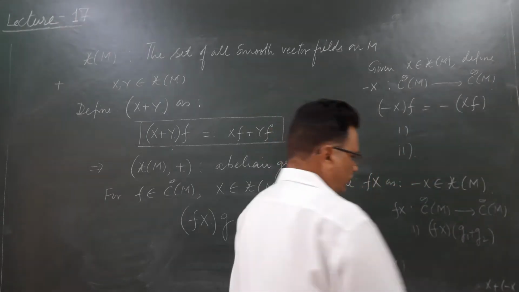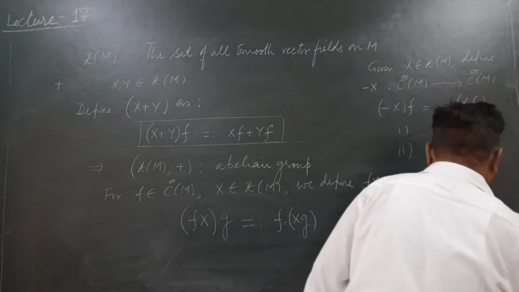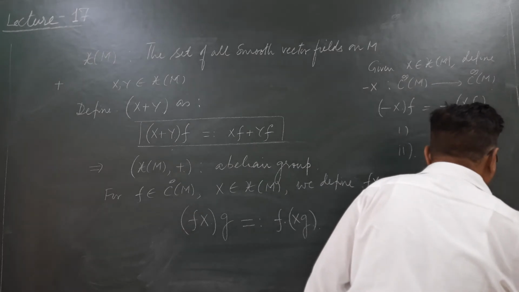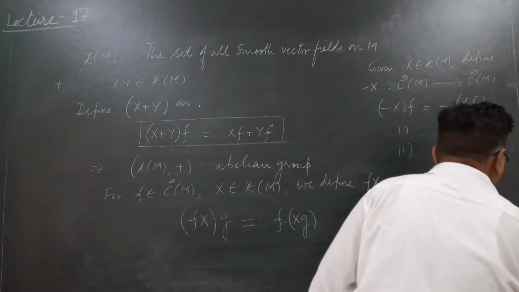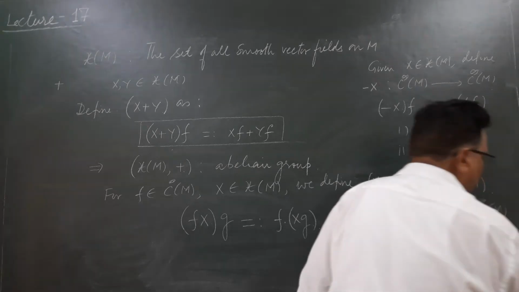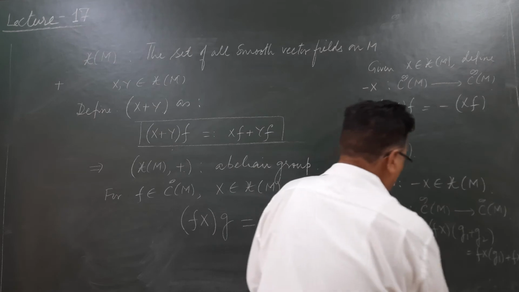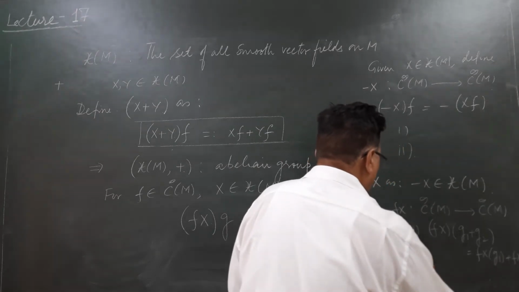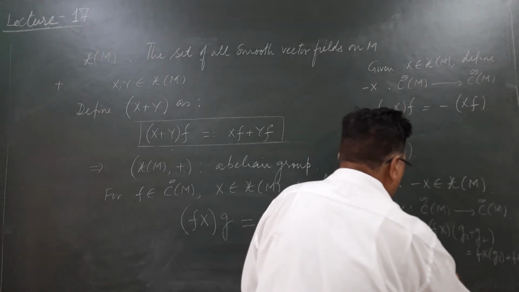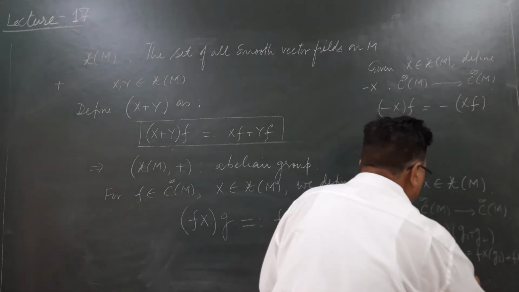two functions, and it must give me f x operating on g1 plus f x operating on g2. This one needs to check. And second also, number 2, f x operating on g1 into g2,